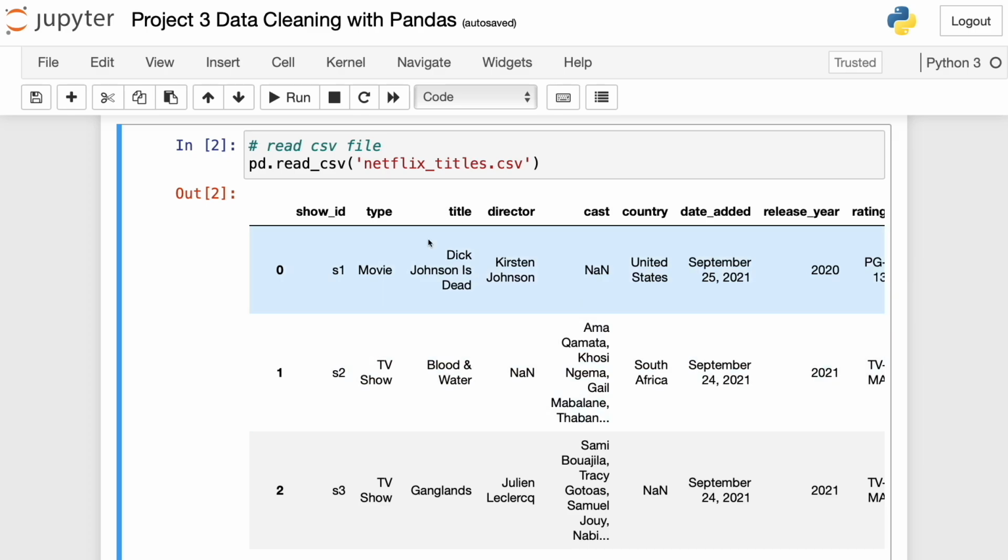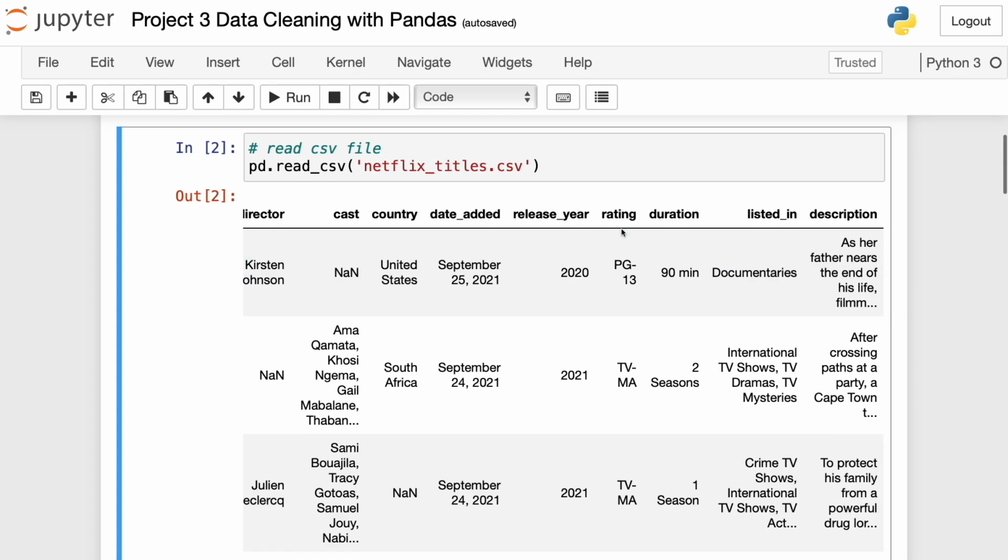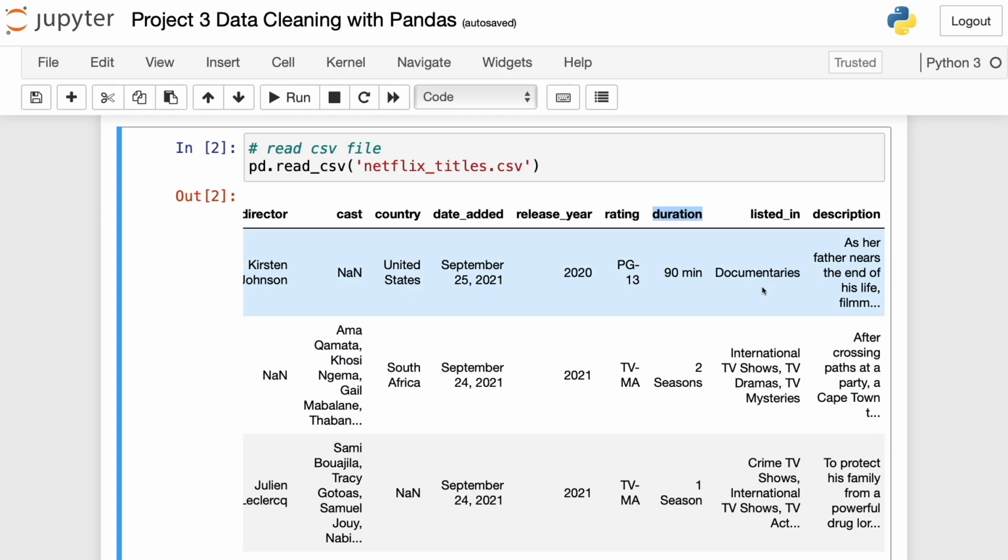Then we have the title of the movie or TV show, the director, the cast, the country, the date, and the release year. And here we're going to use this column a lot to know whether an element of this dataset is actually a movie or not. Then we have the categories of the elements,